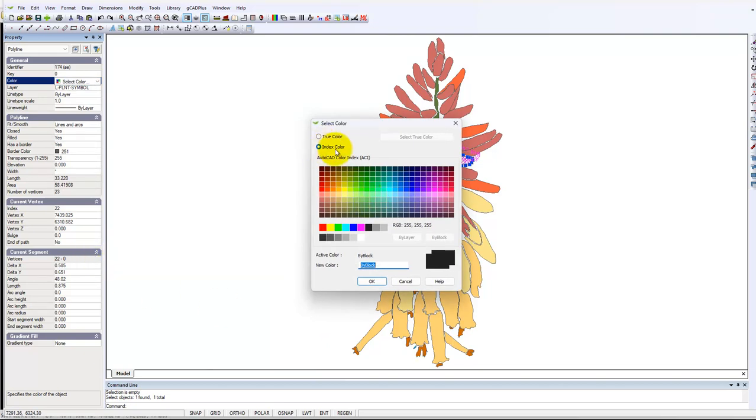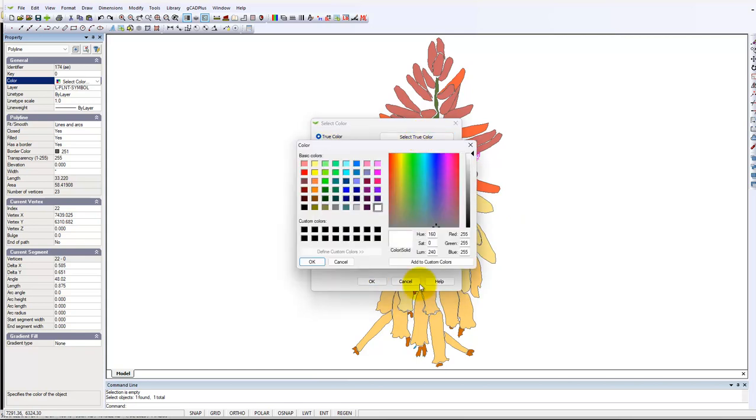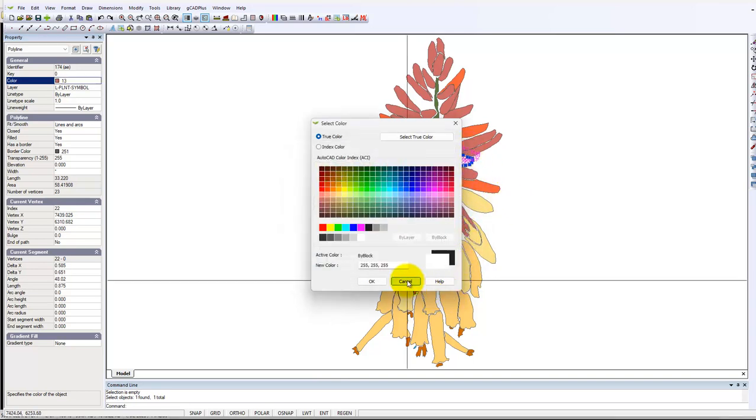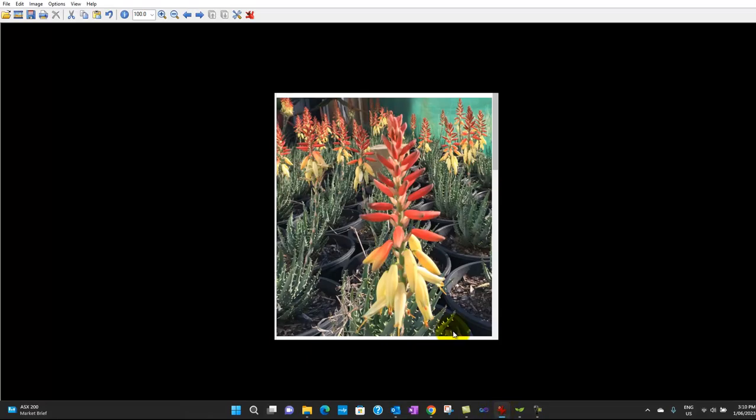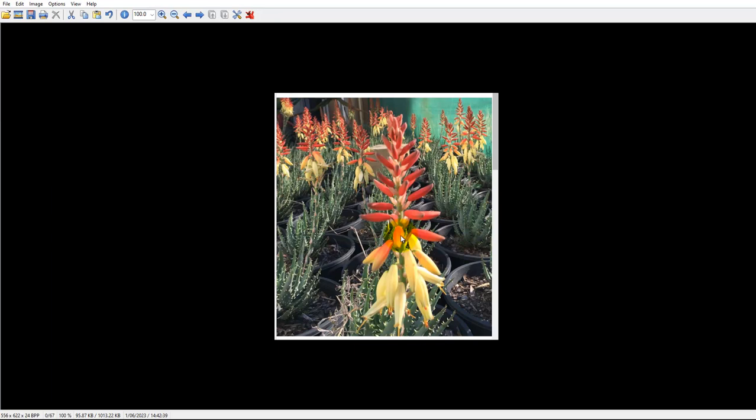We can use either index colour, which those previous examples were, or go to TrueColor. And then you can select a TrueColor. Here you've got the opportunity of typing in values that correspond to the colour that you want. Let's not do that just for the moment, but let's look at a photo of this species, and I've loaded it in, it's called Aloe Echidna, and I've loaded it in our favourite image editor, IrfanView, and this is an